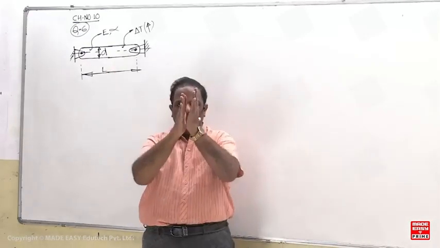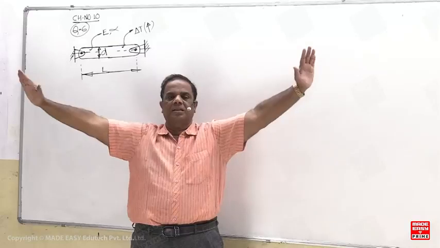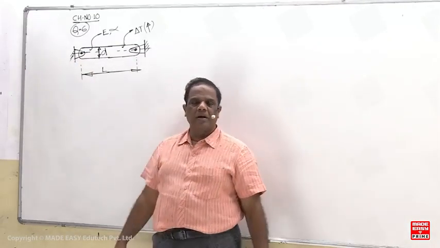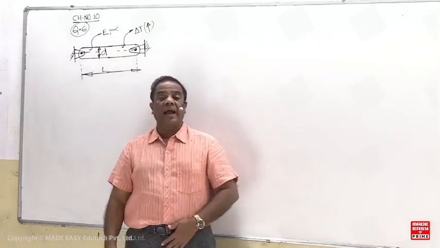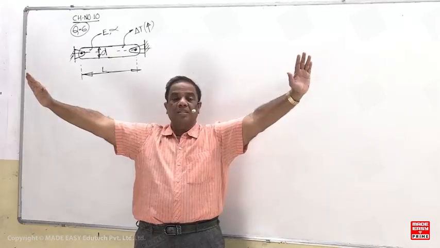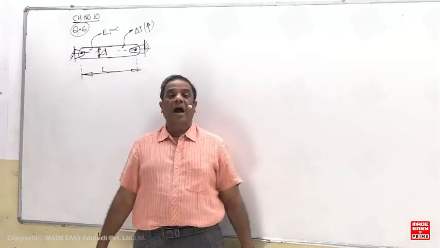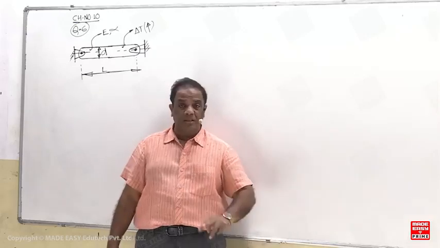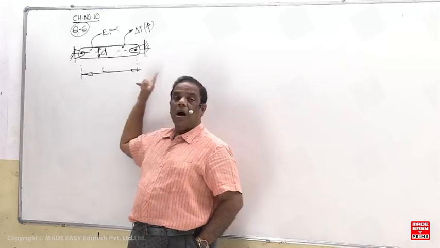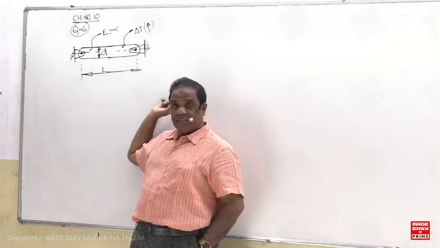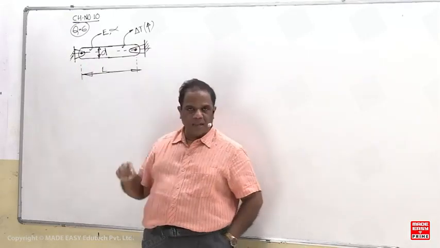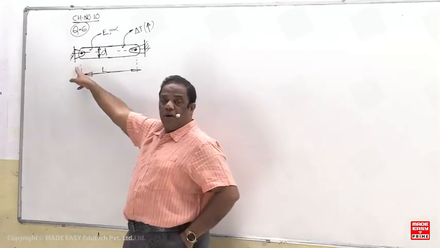When the temperature increases, what happens now? The bar will try to expand like this. But two hinge supports will not permit it. Which support will restrict the axial motion? Whenever temperature increases, the length increases, so axial motion is there. If this axial motion should be restricted, I have to use either two fixed supports, or two hinge supports, or fixed and hinged. But fixed and free cannot be used. So two hinge supports are given here, and these supports will not permit it.